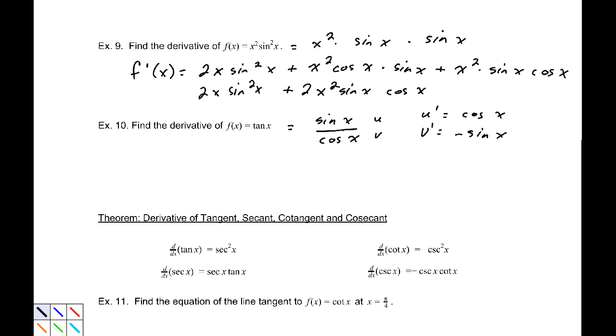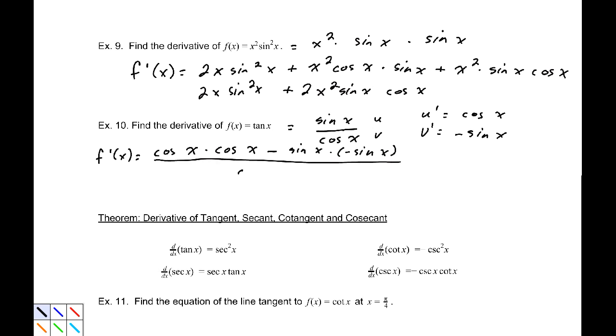Treating that as a quotient rule, we have that f prime of x equals low d high, so cosine x times cosine x, minus high d low, sine x times negative sine x, over low, cosine squared x. Well, this is cosine squared x plus sine squared x over cosine squared x. Sine squared plus cosine squared is 1. That's the Pythagorean identity. So this is 1 over cosine squared x, which is secant squared x,